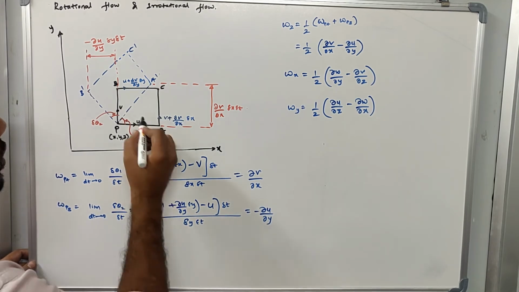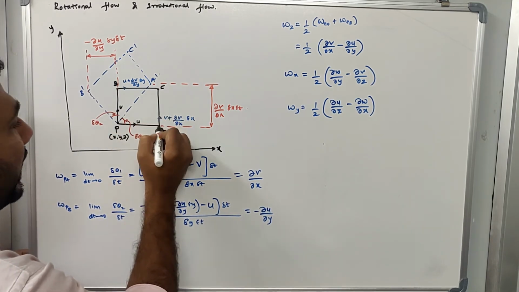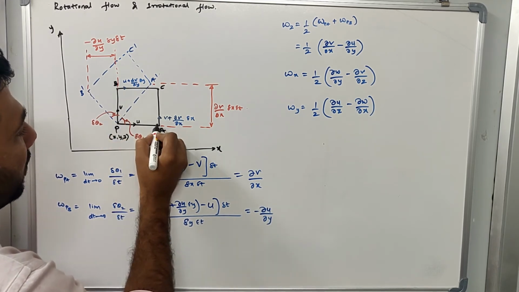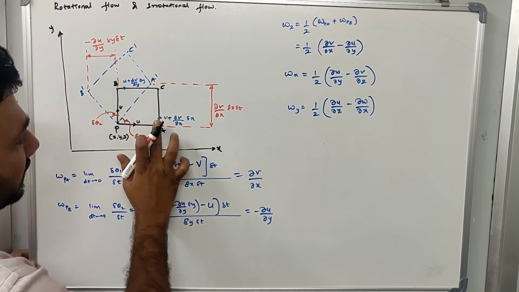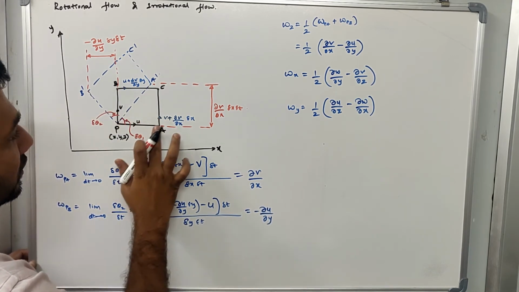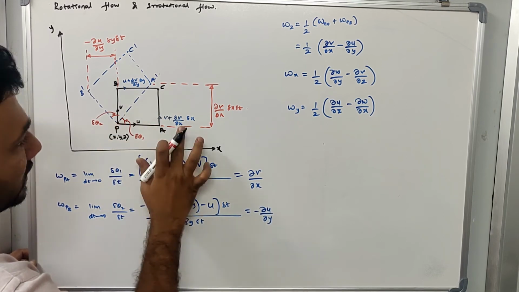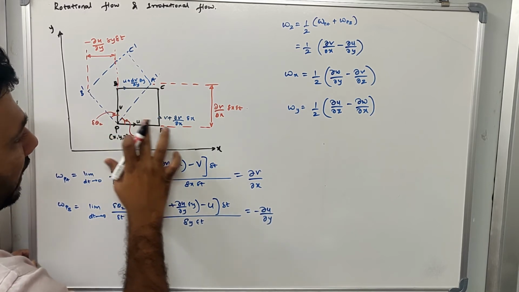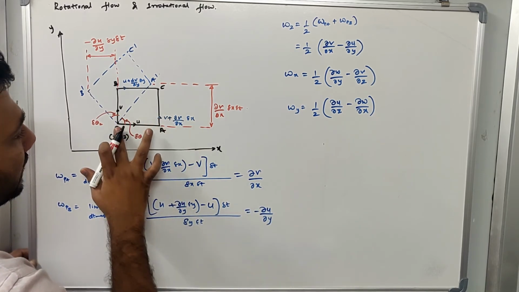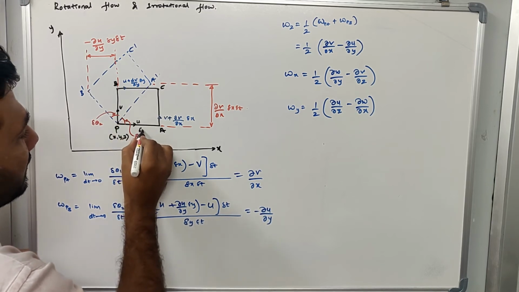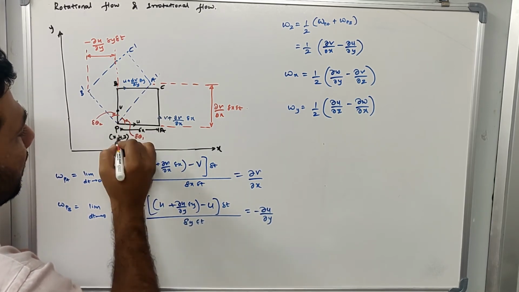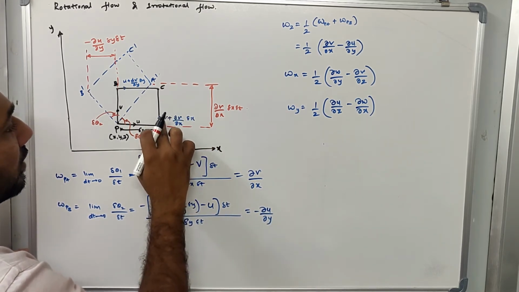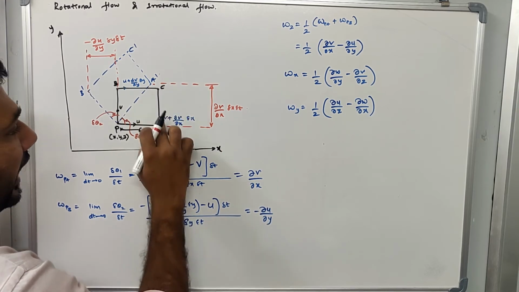Now to find the velocity in the y direction at A: here it was P, right? From this point to this point, the velocity in the y direction will change with respect to x. So v is the velocity over here. At A it will be v plus ∂v/∂x, and the length of this is delta x. So v plus (∂v/∂x) times delta x gives the velocity component in the y direction at point A.